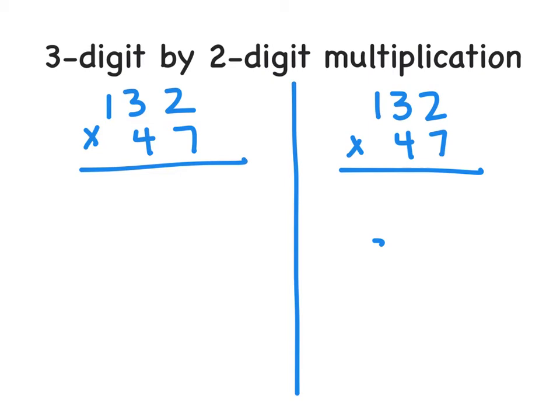I'm going to show you one more example side by side so you can see how the traditional algorithm and partial products look next to each other. So on the left here, let's do the algorithm. I'm going to multiply each of these bottom numbers, 4 and 7, times each top number, starting from the right. So we'll start with the 7. 7 times 2